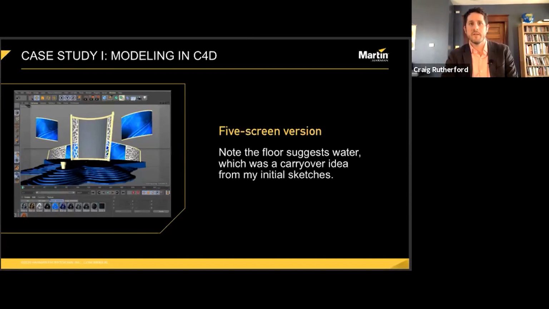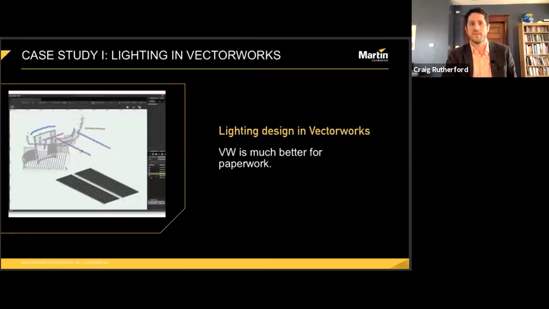So for the lighting, I exported the model from Cinema and into Vectorworks to do the lighting. Vectorworks is suited to this sort of work much more so than Cinema 4D, although you can easily place lights with the Stage 2 plugin. But regardless of that, I wanted the ability to make a proper plot if I needed to, and that necessitated importing my model into Vectorworks.